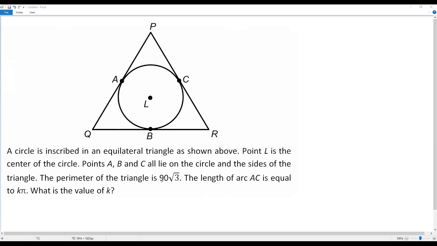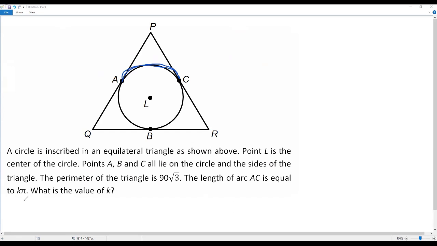The perimeter of the triangle is 90 times square root of 3. The length of arc AC is equal to K pi. What is the value of K? Okay, here we have the length of arc AC. The arc AC is over here. We have the length for this arc, that is K times pi, and we have to find the value